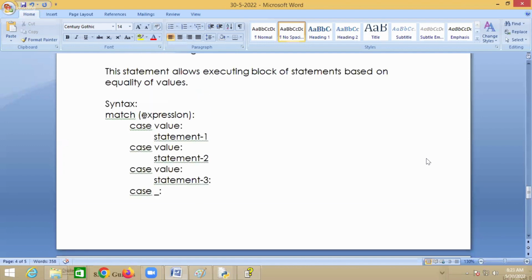So it will read the value of this expression and compare the result of this expression with the first case. If the result of this expression is equal to this value, it executes statement 1 and stops. If the result is equal to this value, it executes statement 2 and stops. If the result is equal to case 3, then it executes this and stops. If the result is not equal to any of these cases,